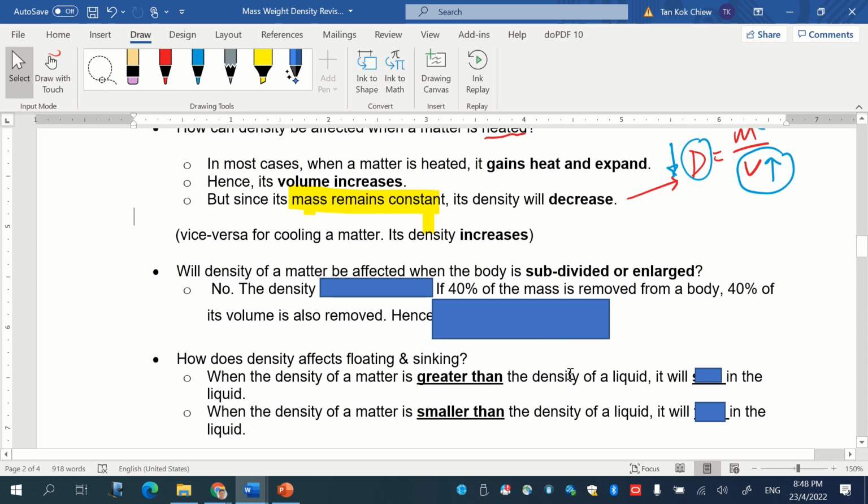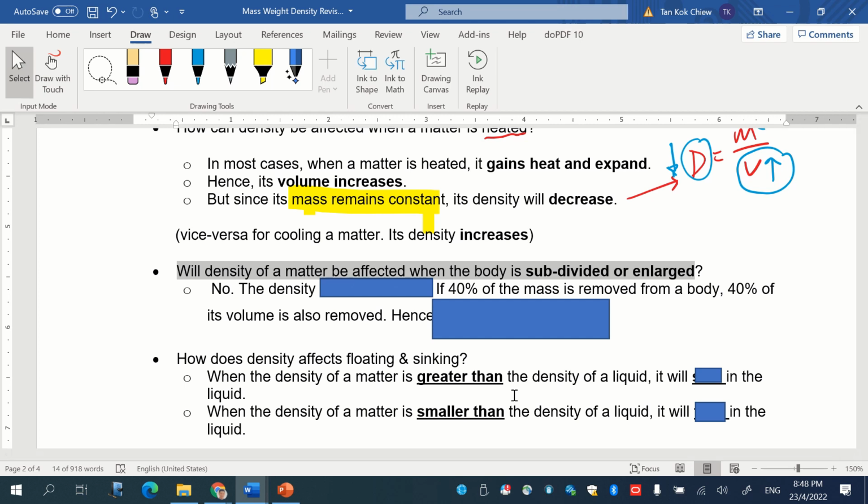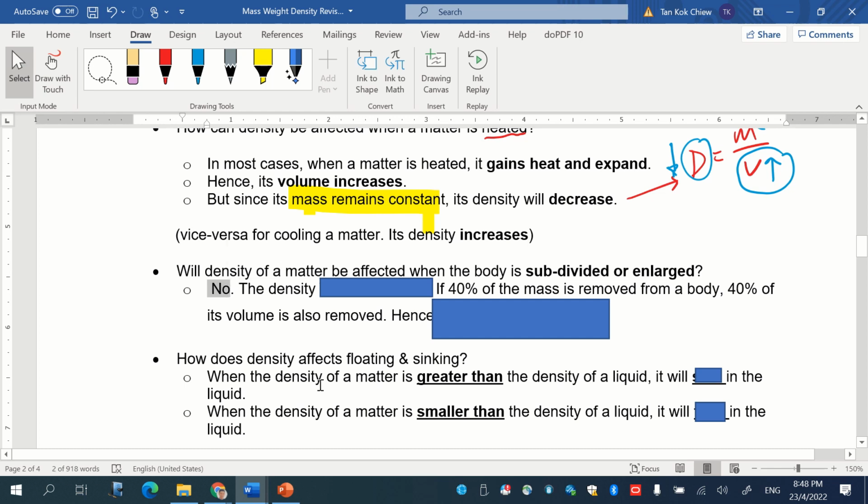Will the density of a metal be affected when the body is subdivided or enlarged? Let's say you already know the density of a substance or of a metal. If I cut this metal into half, will the density change? The answer here is no, but you must know the reason why. Of course, the density will not change